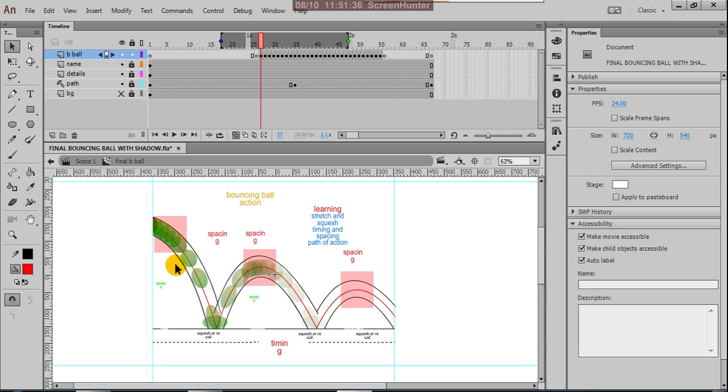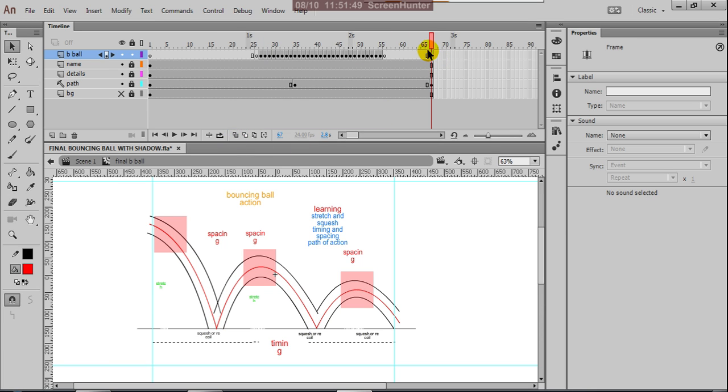So how do you measure that? By seeing your timeline here. This is your timeline. See here, it indicates 65 and another frame 67. The current frame is 67, so here it shows 2.8 seconds. From here to here is 1 second, and this is another second. So that means 2.8 seconds.